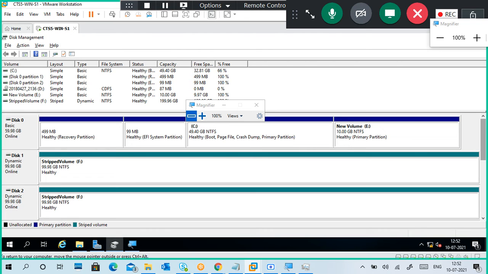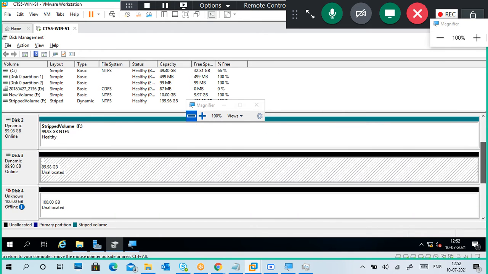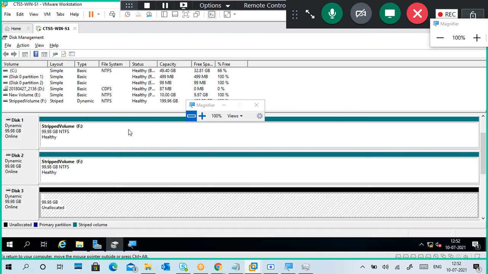But if you want to add a volume, for example this E drive, to some other volume, you can convert it into dynamic, but we are not doing that here. You cannot revert it to basic again. You have to keep it as dynamic only.